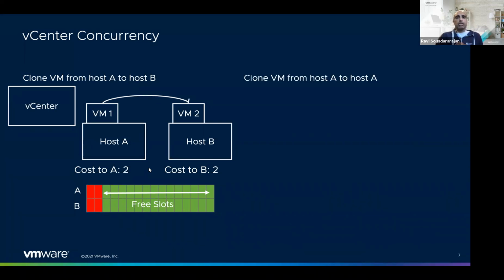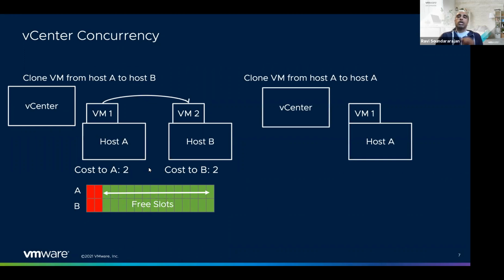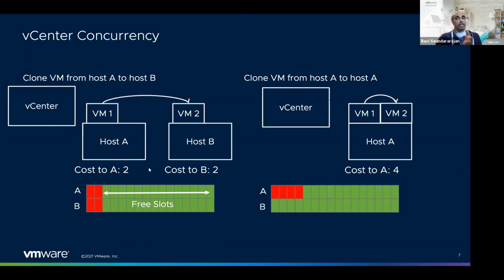Now compare that to a case in which you are doing a clone of a VM from a host to itself. In this situation, the host is both the source and the destination. So the host is charged twice. It costs 4 units. And so in this case, if you had 2 hosts in your system, one of your hosts would have about 12 free slots because it's being charged as both the source and the destination, while the other host, host B, has all of its slots available. So you can now see why it's important for you to spread clones across your infrastructure, not do them all